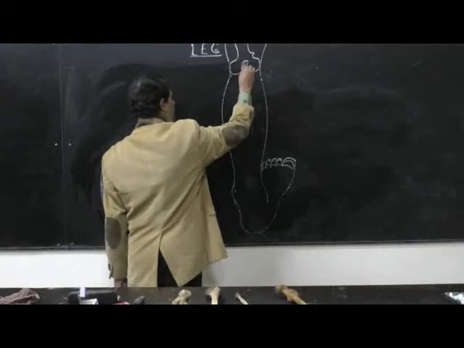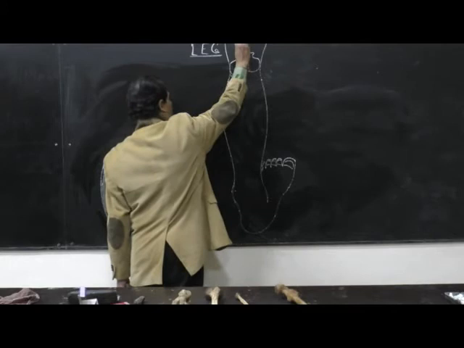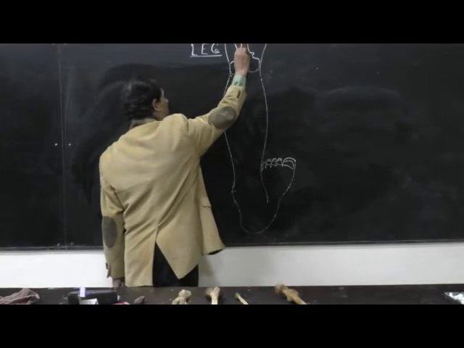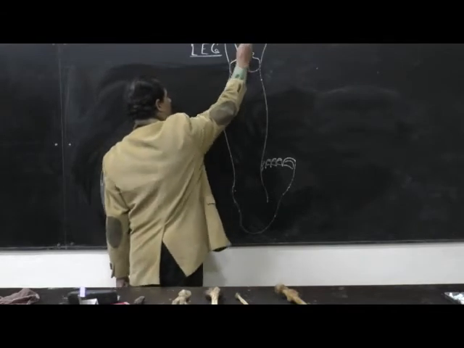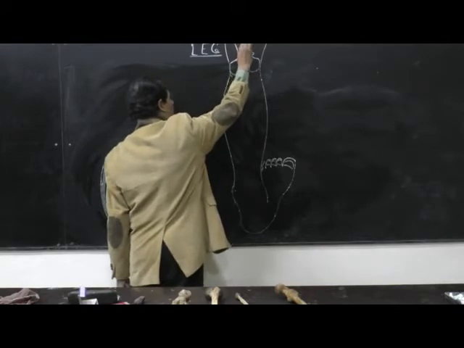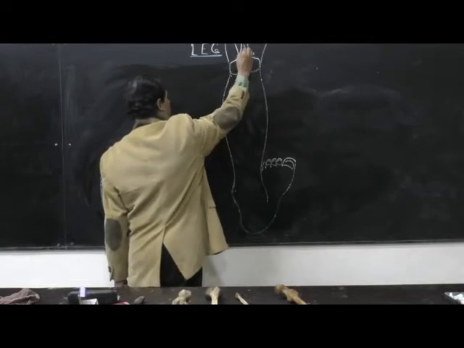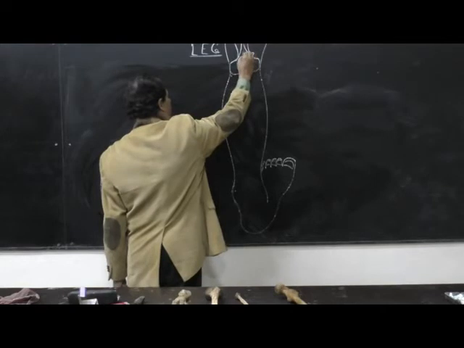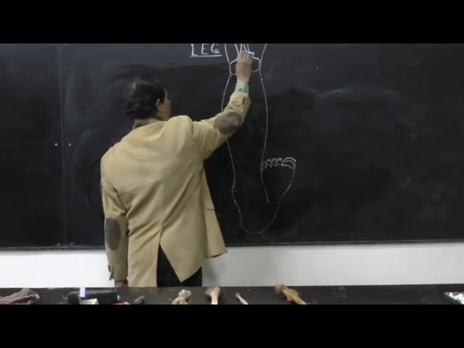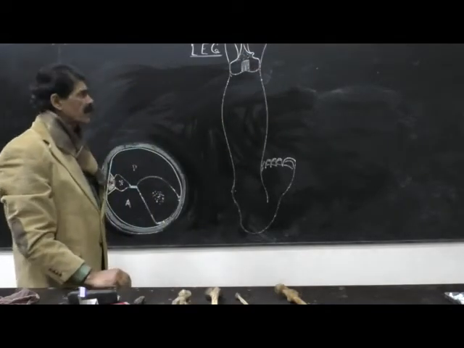Calf area of the femur, and here comes the linea aspera of the posterior border of the femur, continuing laterally as the lateral supracondylar line, and the medial lip of the linea aspera is continued as the medial supracondylar line up to the adductor tubercle. In between, this triangular area is called the popliteal surface of the femur, which has no muscular attachment over this popliteal surface.